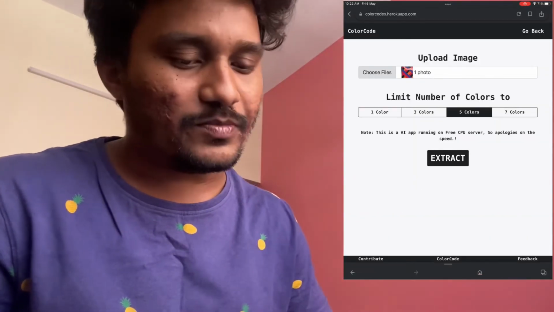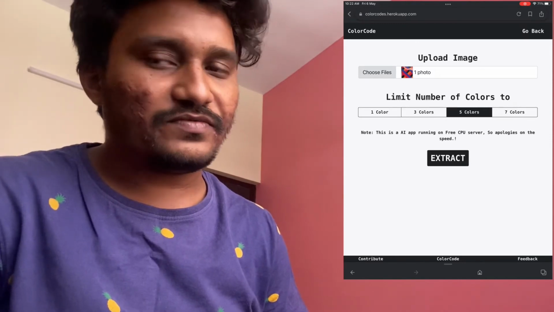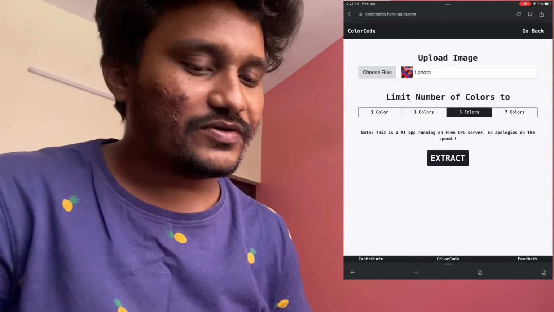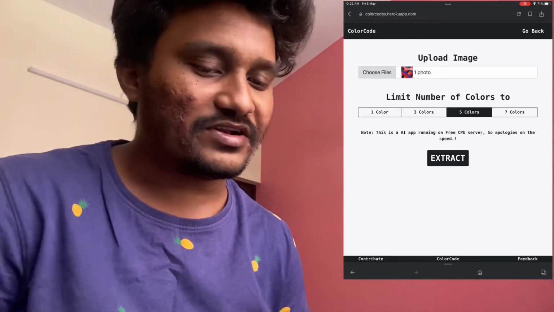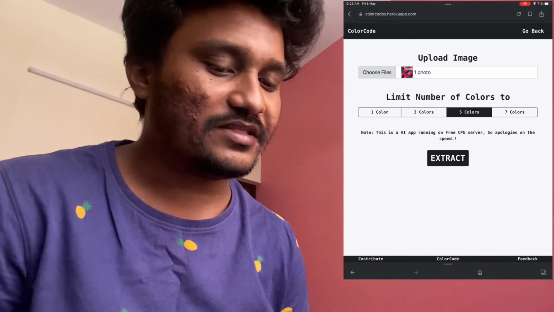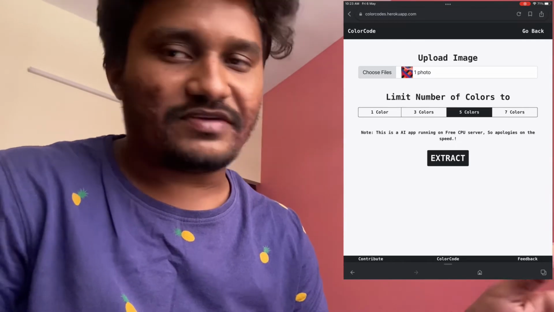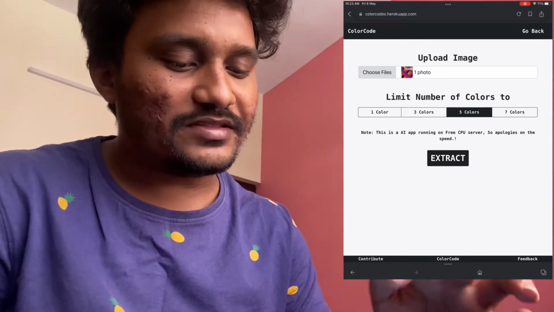So this will upload the photo, and then we have one more section, where we just select the number of clusters we want for that color. If you want one color, it's one cluster. If you want 3 colors, then it will be 3 clusters. If you want 5 colors, it's 5 clusters, or 7. Okay, so here I'll be going for 5 colors now, and then I'm going to hit this button called